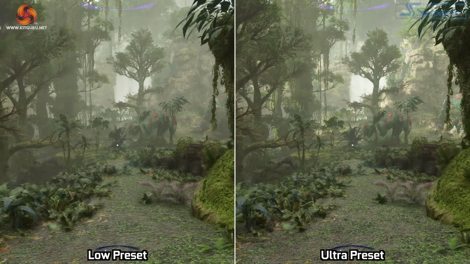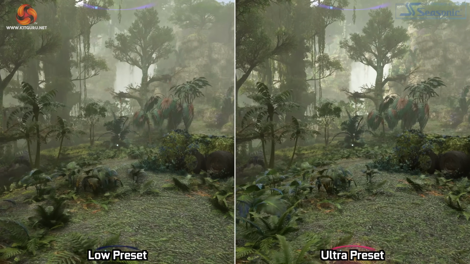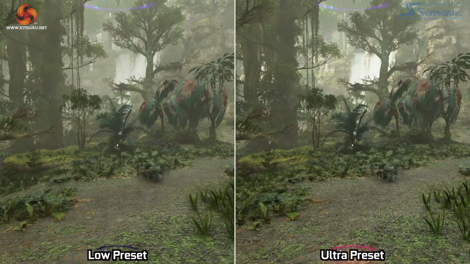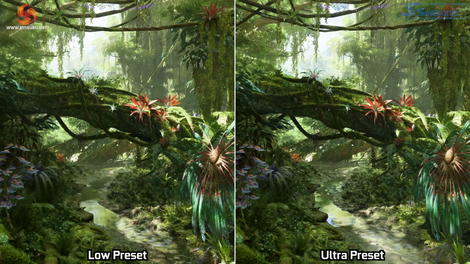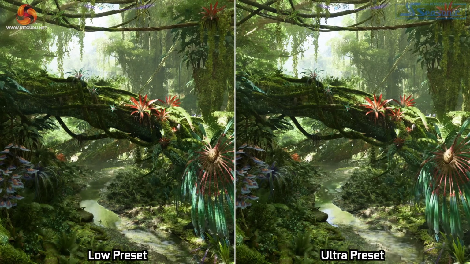That being said though, the low preset is still a very good looking option. Despite the name, I'd say it actually looks better than a lot of games' medium or even high presets. The main difference versus ultra just being a bit more pop-in and lower resolution shadows, which did cause a bit